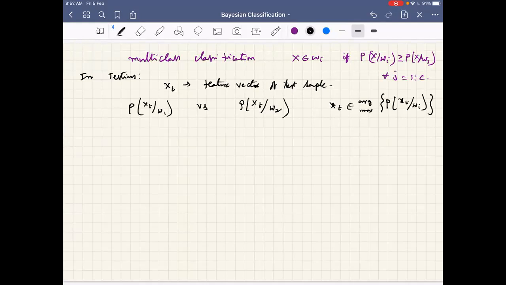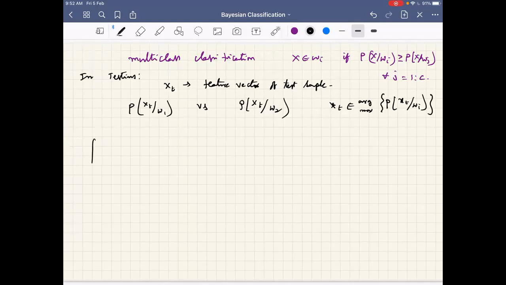But now the question is, I may have several test samples. For every test sample, should I substitute here and keep checking and verifying all the time? Or is there any other better procedure for me to do classification? Anybody want to answer this quickly? Decision boundaries. Yeah, you need to find a decision boundary.